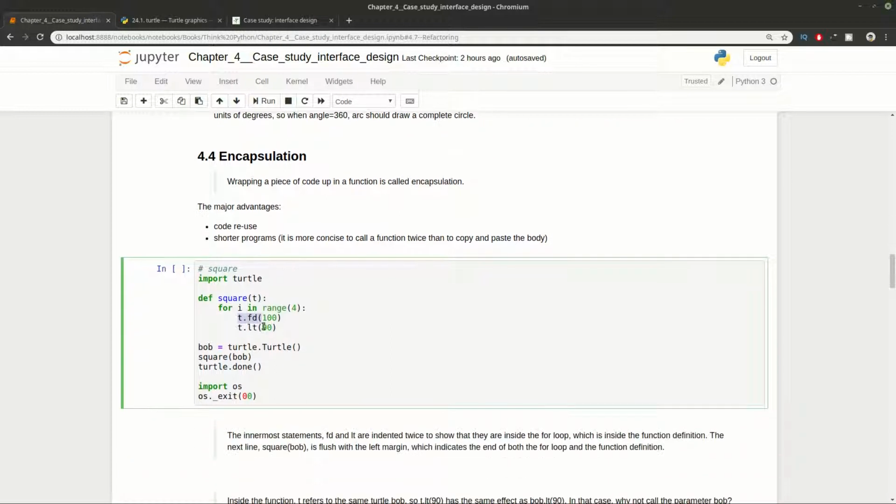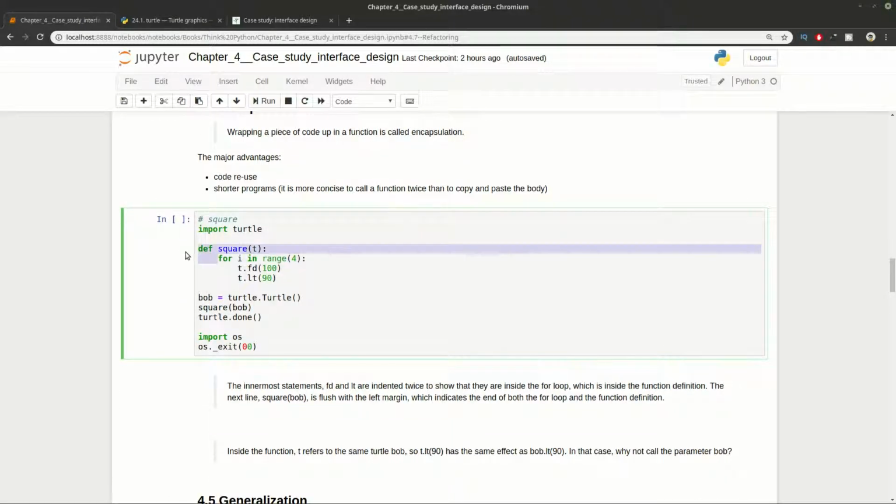And the difference is because we want this to work for the general case, and we don't want to pass Bob here and work only with this variable. You need to think that in most cases your code should be generic and do multiple things and not work only with hard-coded variables.